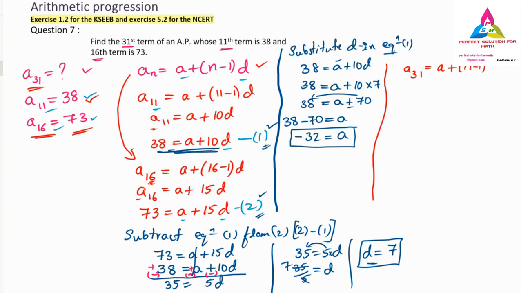N minus 1 into d we have, and that is nothing but a plus, the n value is 31 minus 1, into d. So what is the a value? Okay, I will find this first one. A31 is equal to a plus 30 into d. So a31, obviously it will become a plus 30d, because it is one less than 31 for the d. Now very importantly, the a value we already found, that a is nothing but minus 32 plus 30 into, what is the d value? D value is nothing but, we found already, 7.